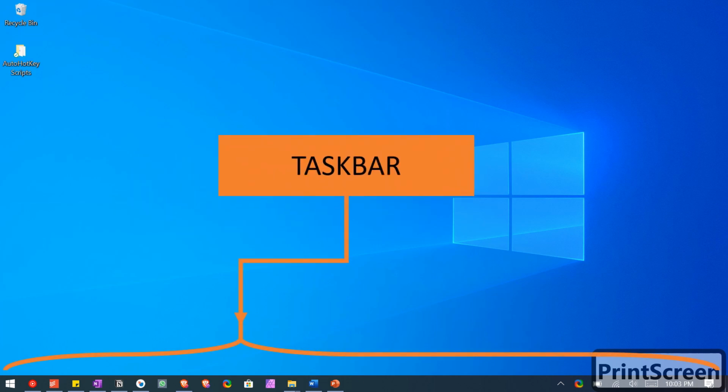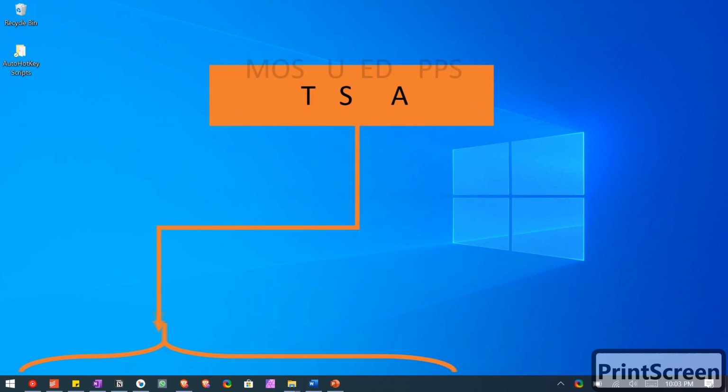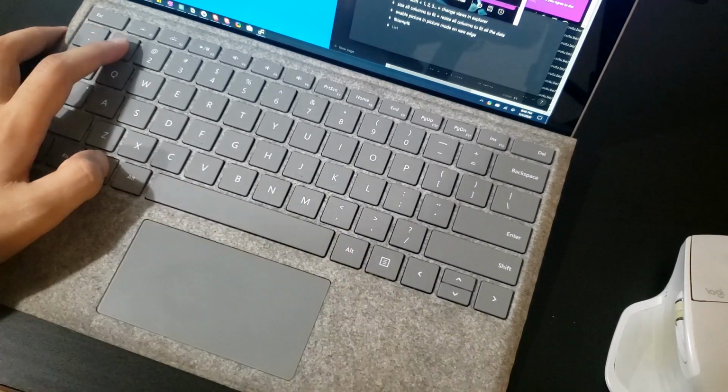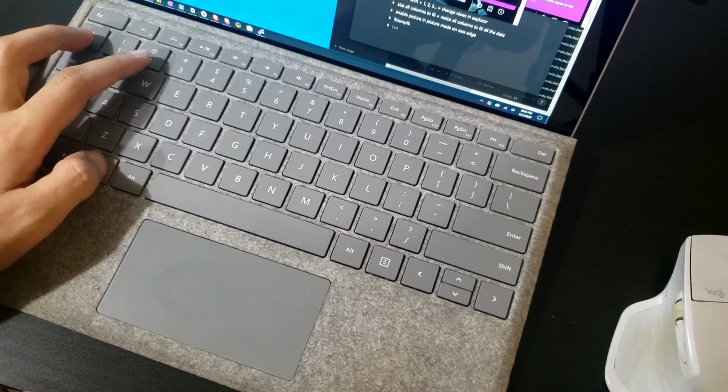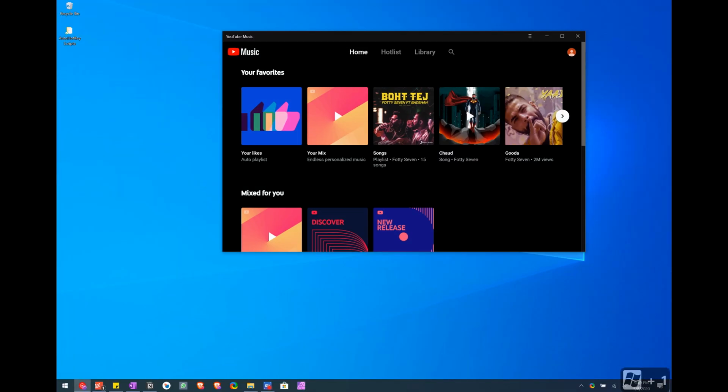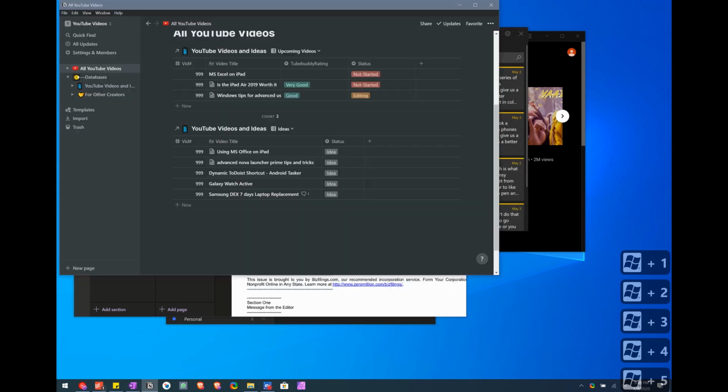You might also know that you can pin apps to the taskbar for easy access. What you might not have known is that you can access the first 10 apps from your keyboard without ever touching your mouse. Based on the sequence of the app, you can press the Windows key and their position on the toolbar to open those applications.